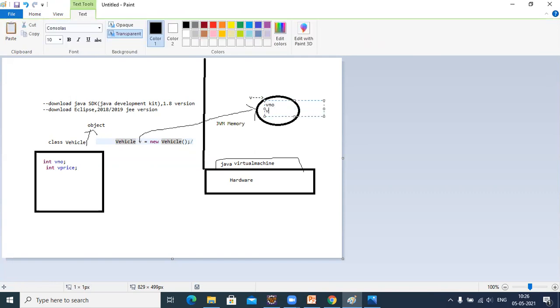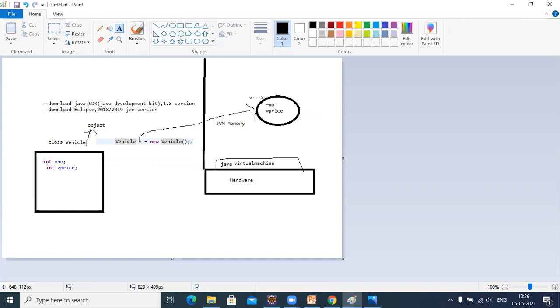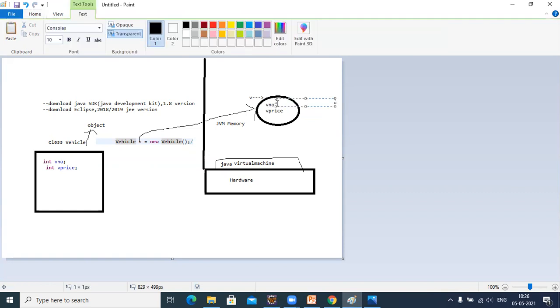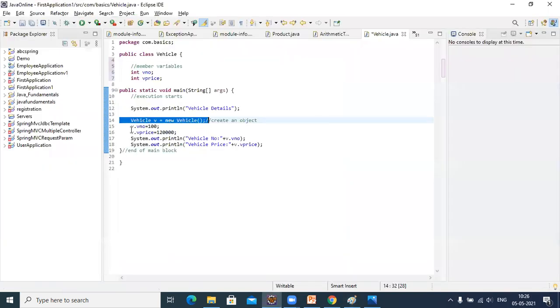So these are the two attributes or data that will be stored inside the memory. This is at runtime. The object is represented at runtime. Vehicle number and vehicle price.